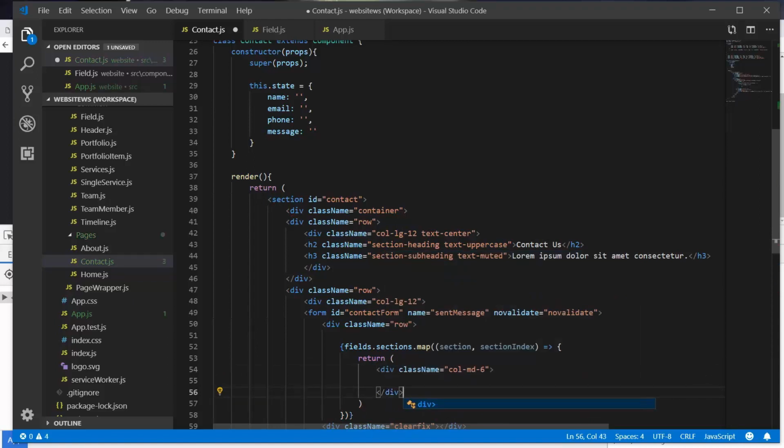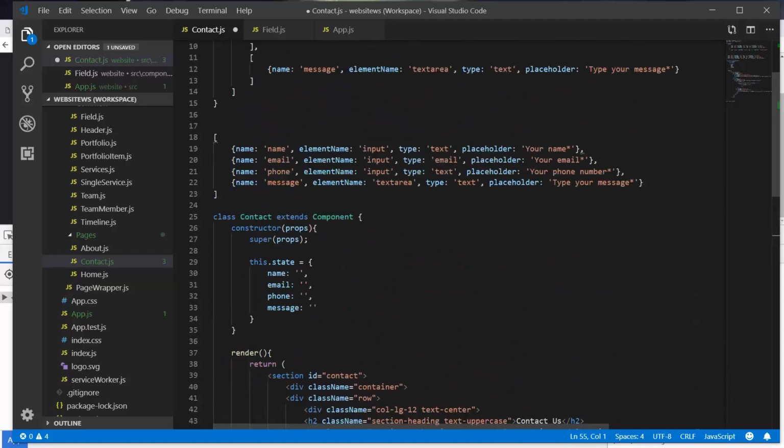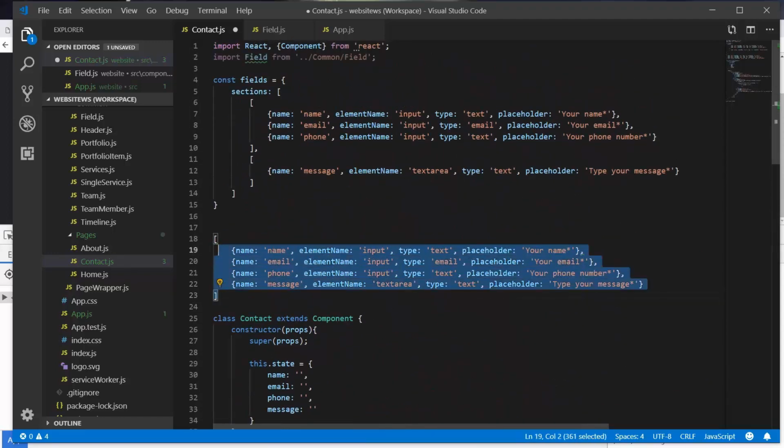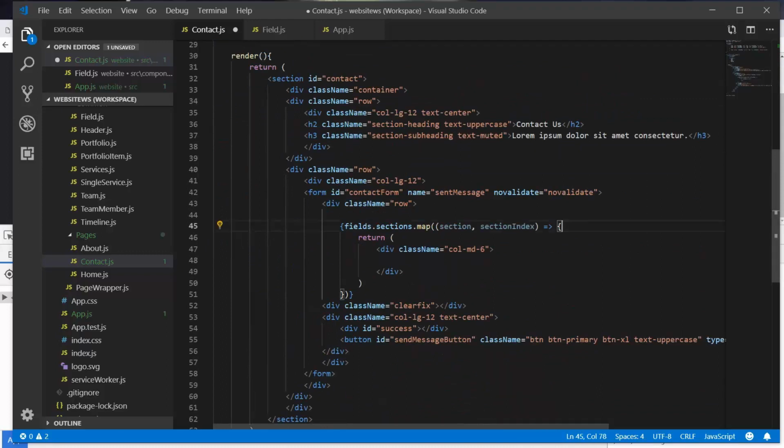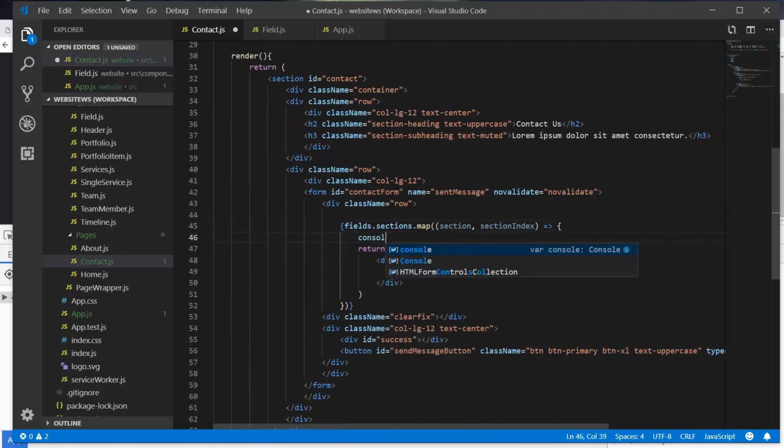Now, something I'm not sure if I mentioned before, but within a map statement, when you open the function with curly braces and you type your return statement, if you want to return HTML, you're going to use the brackets just like with the render method itself. So now we're returning two columns because what's happening is, oh, we gotta get rid of that right there. What it's doing is it's mapping everything that's in here. So there's one array here and one array here, and if I actually, before the return statement, I'm going to